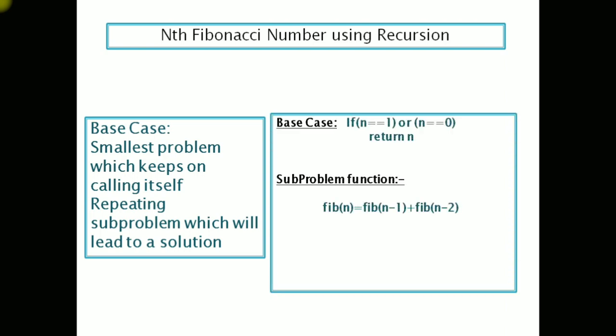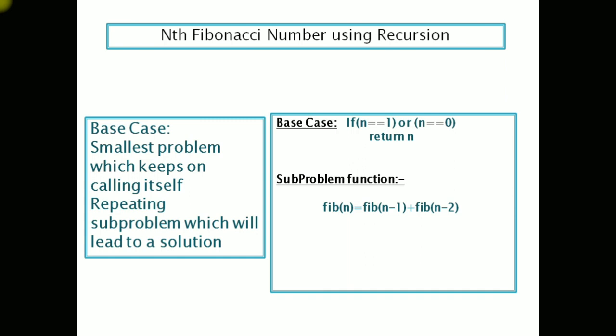So for our problem, guys, the base case is that if n is equal to 1 or it is 0, then return that n itself, because there are no negative numbers here: the 0th element, that is 0, is the smallest element, and 1 is another smallest, because 1 minus 2 is what? Yes, minus 1. So we do not have fib of minus 1. So when we reach the condition when n is 1 or 0, we return that number itself.